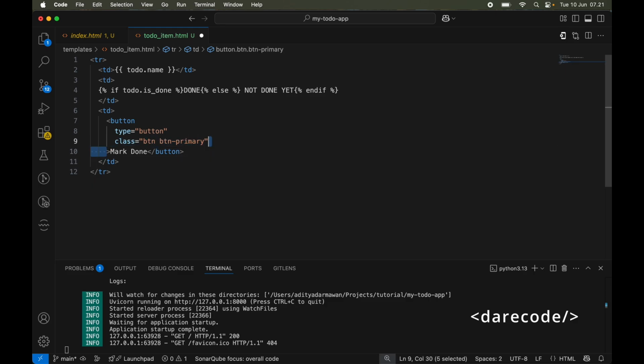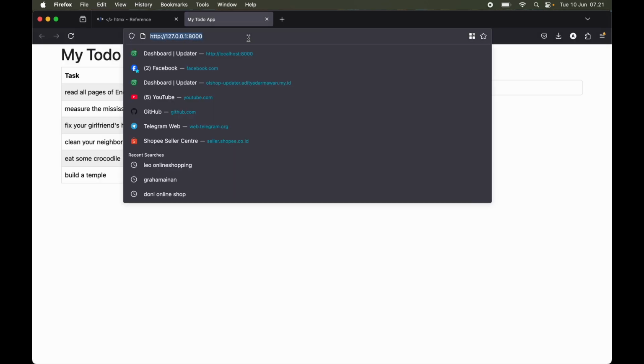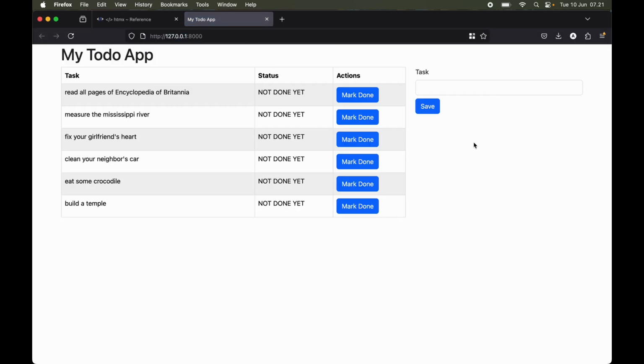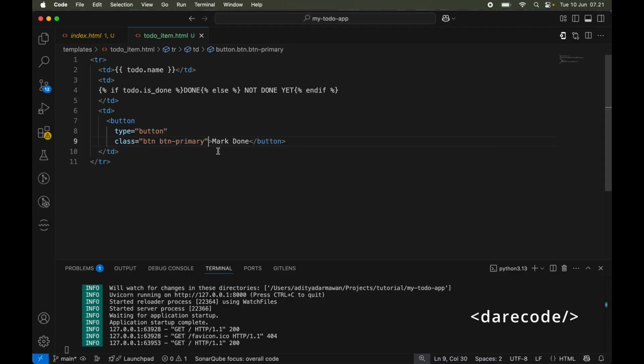Let's check first. Now, every time the user clicks mark done, the task will be marked as done. Okay, let's do it the HTMX way.